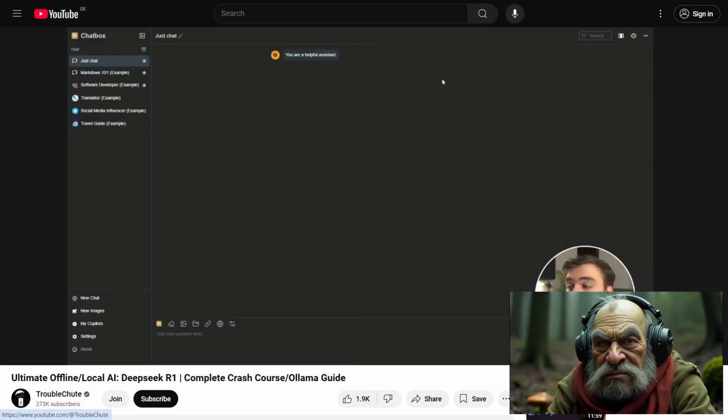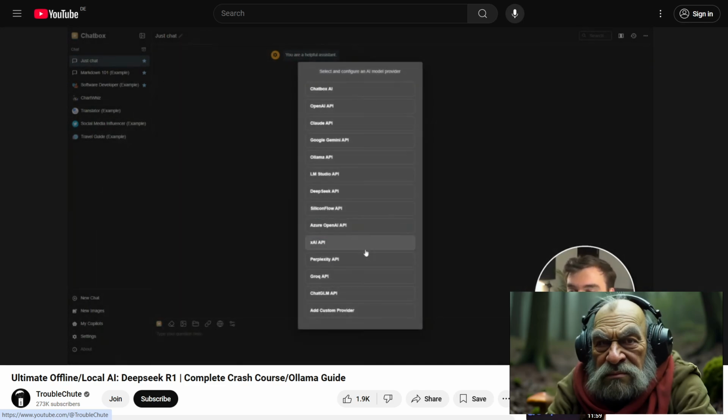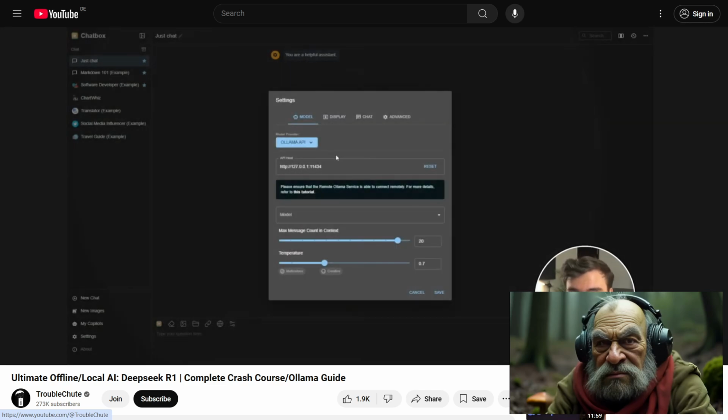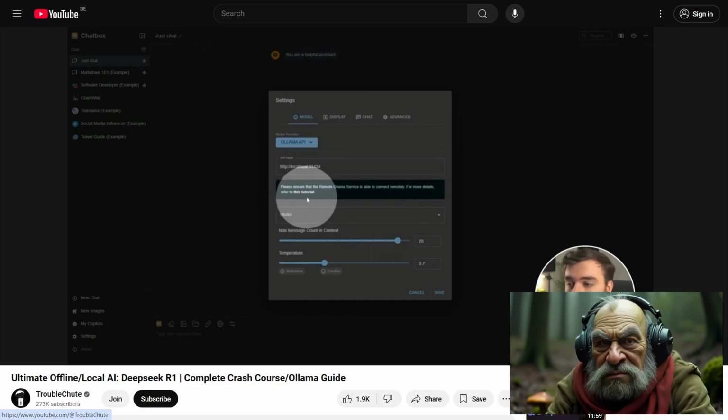In the web interface, the first time you open it, you'll get a pop-up that looks like this. Simply choose Use My Own API key here, then make sure you choose Ollama API. There's a couple of different things like LM Studio is a really nice alternate, but we're using this one here. We'll choose this, and now all we need to do is click this little tutorial over here, which shows